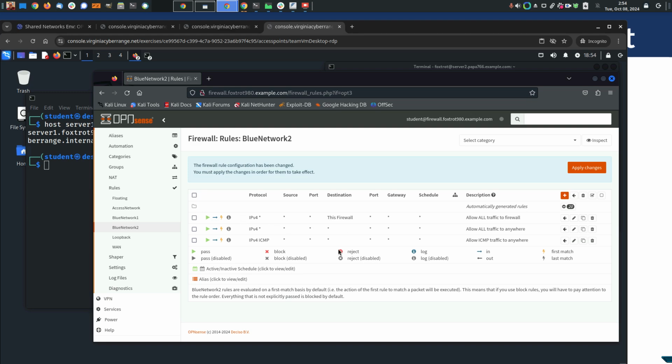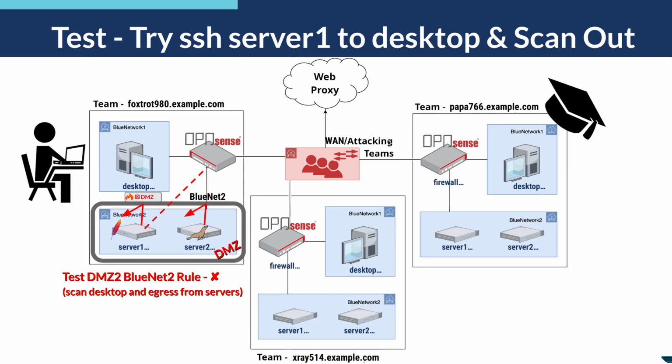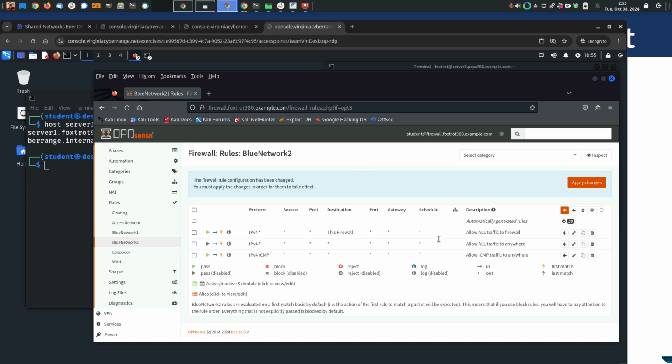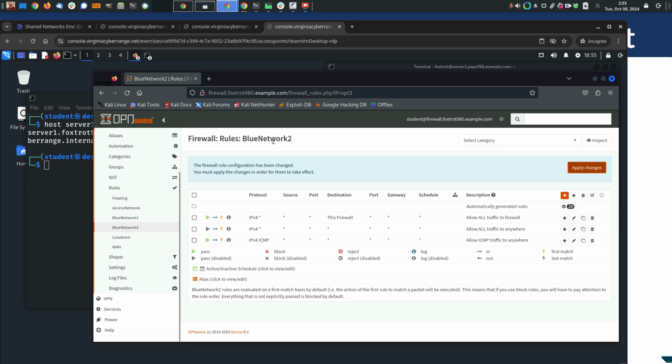Right now there are no blocks here. This is just the default block after this default allow. Right now, this is what allows us to, for example, patch our systems. If I were to turn this off, this allow anything from Blue Network 2 out, and just use the default block that's down there, apply that change,